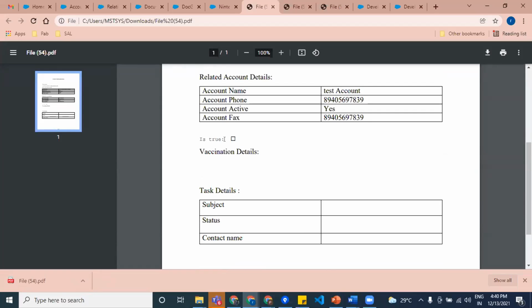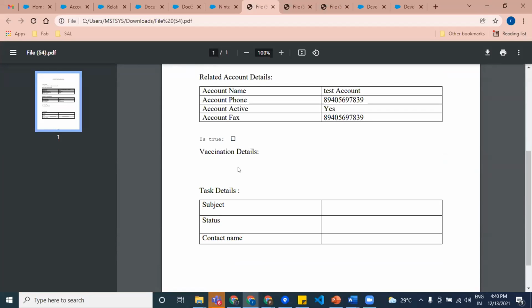Yeah, since I have unchecked it, the vaccination details table is not being displayed.